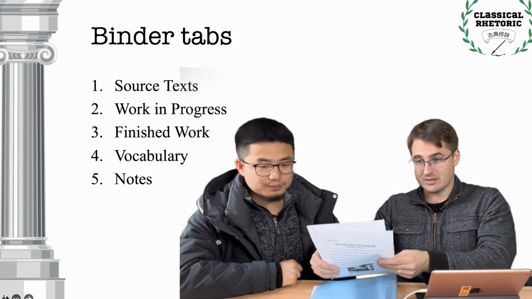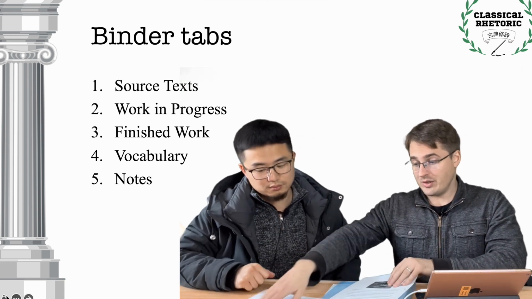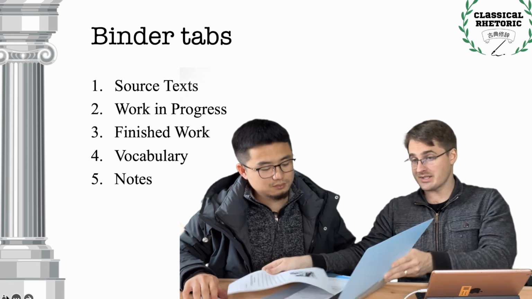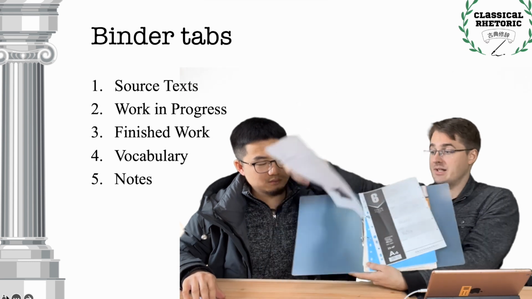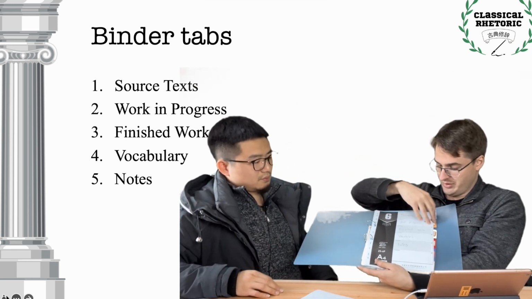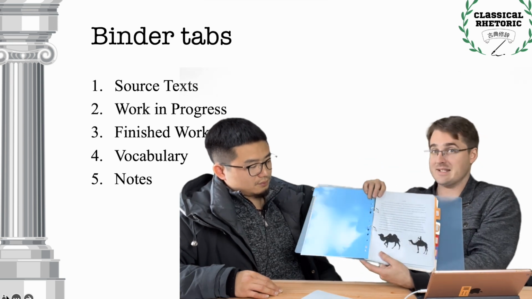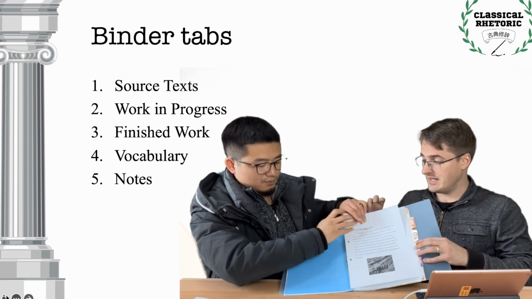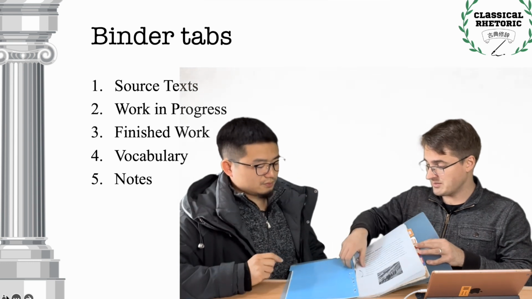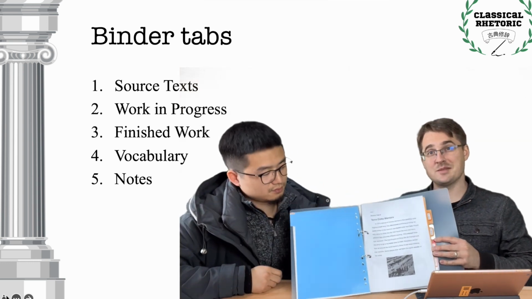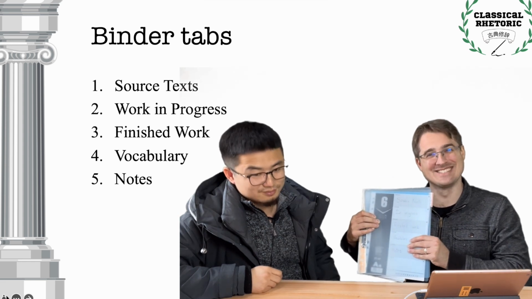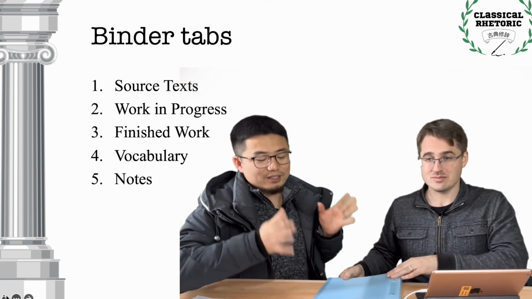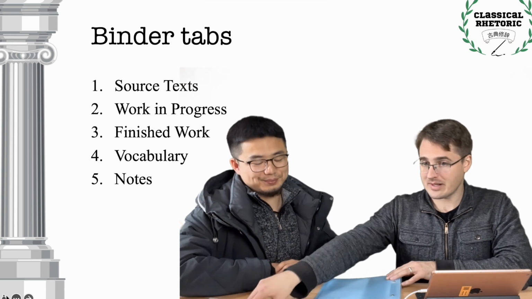All right, so the last, if you have this, if you printed this out in preparation for class, this would go in tab 1, source texts. So I'm going to open up my binder. Going to go to tab 1, source text. I'm going to go behind the tab. See, I already have one in here. And I'm going to put my source text in the tab. Okay, so here is my source text. This is where I put it, so I don't look at it when I'm speaking. OK，把你的打印出来的原文放在第一个标签 source text 下面，然后你演讲的时候不能看，把它关起来。